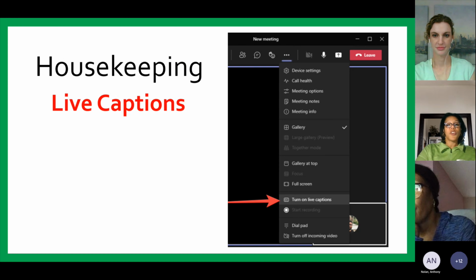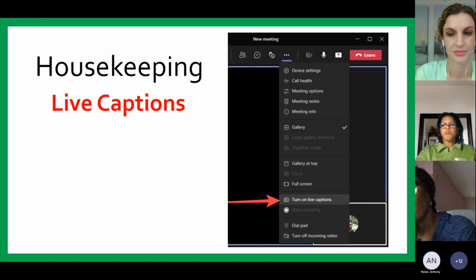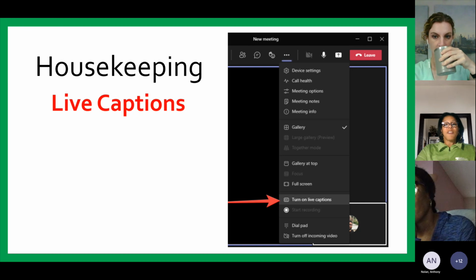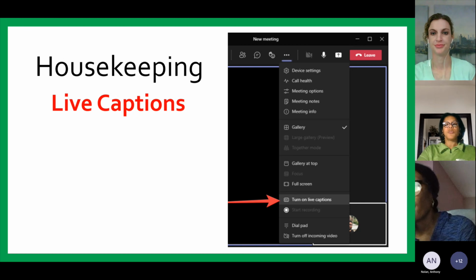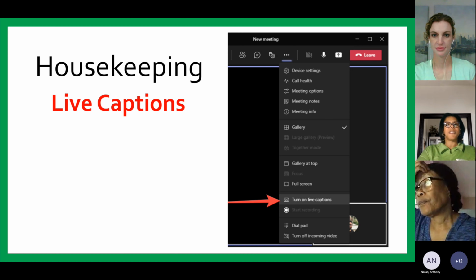Next, I would like to draw your attention to our new Microsoft Teams feature. You can now turn on captions. You can turn the live closed captions during this meeting off or on. To do this, you can click on the 3 dots for more options. Then you can scroll down to find the option that says Turn on Live Captions. Then you will start to see the captions at the bottom of your screen. You may choose to turn this feature on if needed.